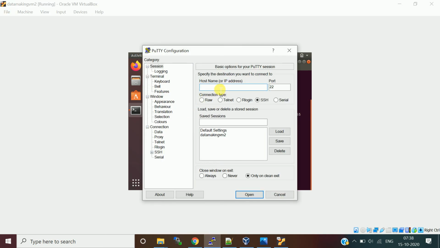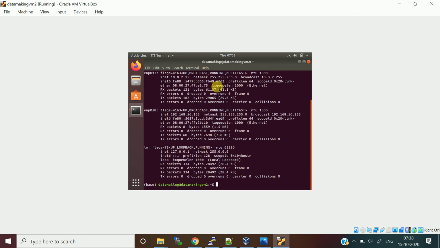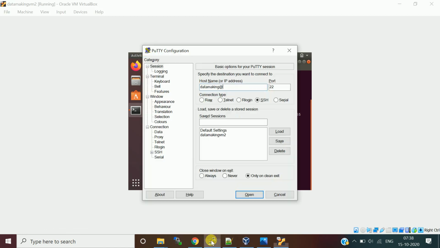Open a PuTTY terminal. Here the username is datamaking at the rate, followed by that IP address, 192.168.56.105.